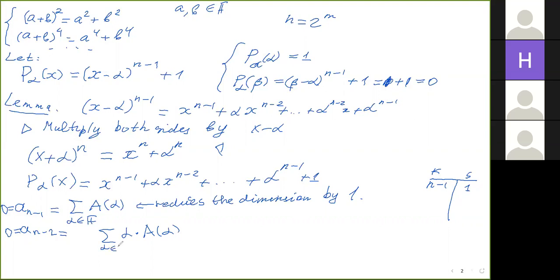Again, the summation is over all the field elements. This seems as one equation. However, it's one equation over F. And each element of F is actually represented by m bits,